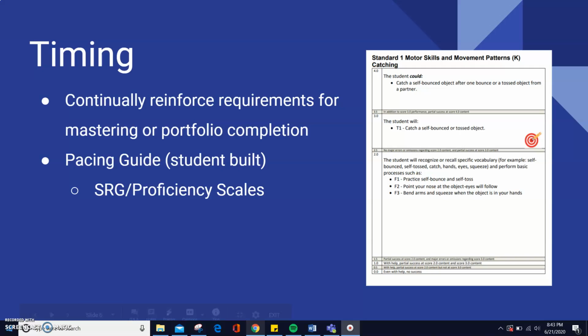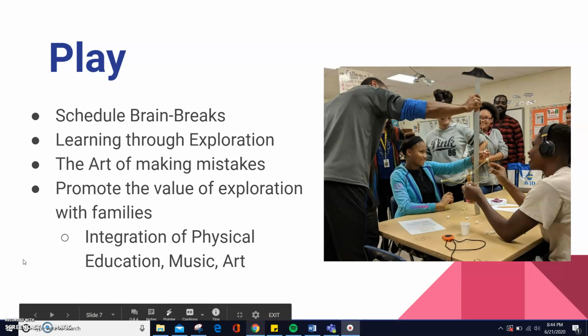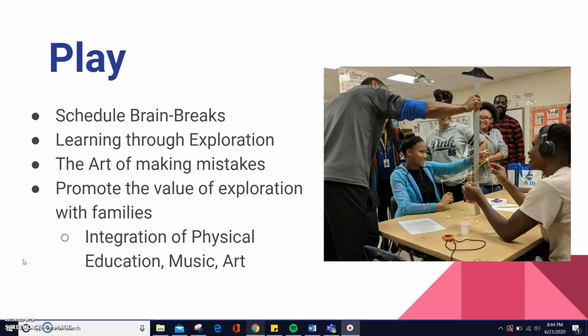Play plays a very key role in student learning, as it facilitates students being able to discover what methods they learn best by figuring out different ways that they can receive information, not just through instruction. A few things to help with that would be scheduling brain breaks, not just promoting them, but actually having them scheduled, that incorporate different aspects into learning, such as physical activity or arts.